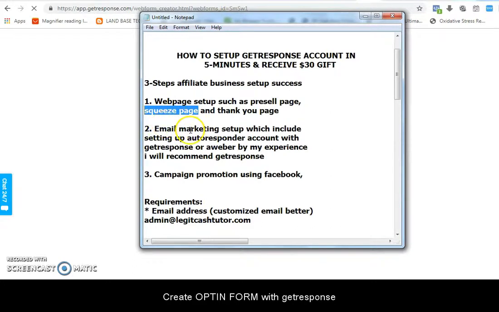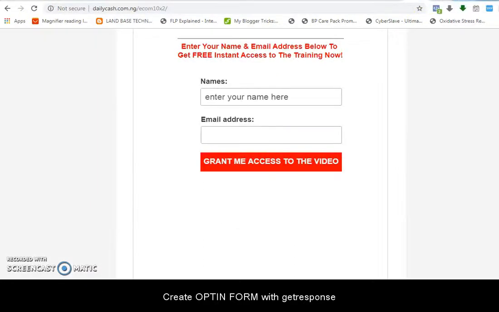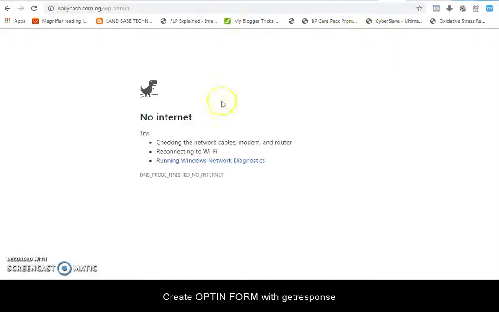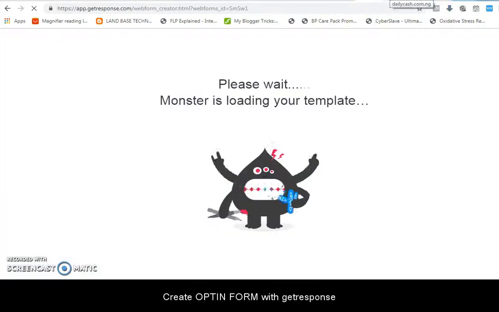Now how do you install your form code on that page? There is a code that GetResponse will give you, which you must paste on your page for you to have a form like this. So that is what I am trying to say: if we can quickly set up something small that we can use to practice getting the code and installing it on our page. That is what I want to do.